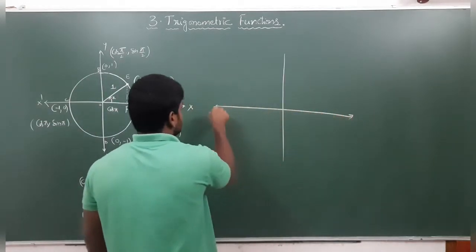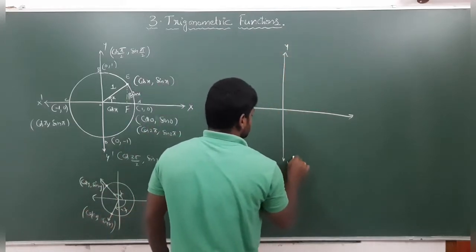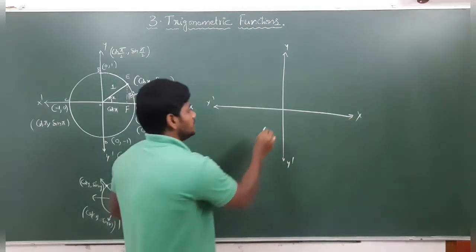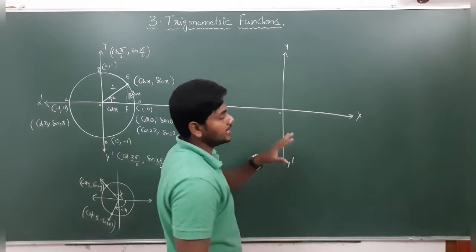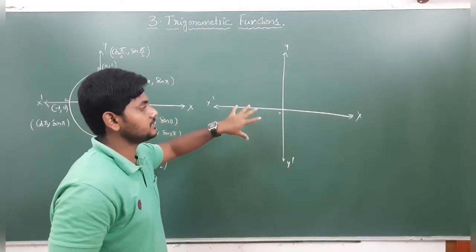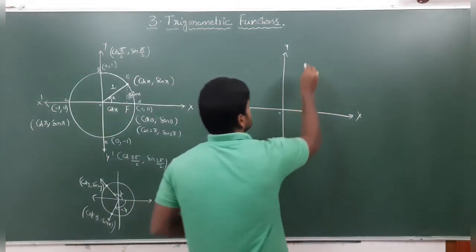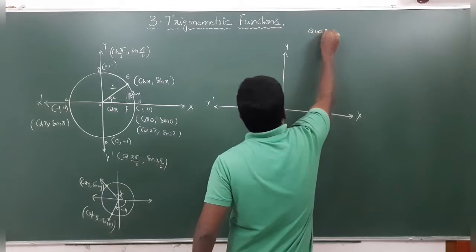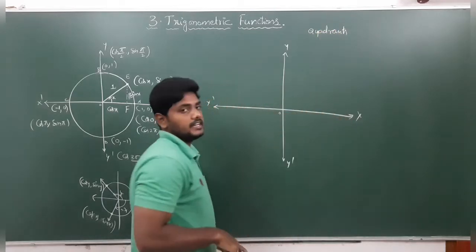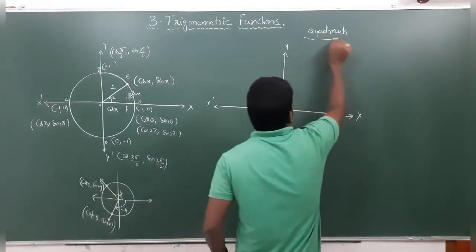If I consider a coordinate axis, this is y and this is y dash, and this is x axis and this is x dash. So actually a coordinate axis is nothing but, in a plane, two mutually perpendicular axes cut the plane into 4 equal parts, and those equal parts we consider as quadrants, right? Two mutually perpendicular lines cut the plane into 4 equal parts. Those we consider as quadrants.